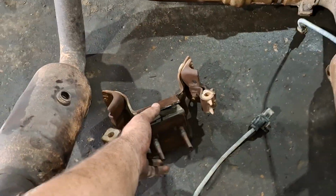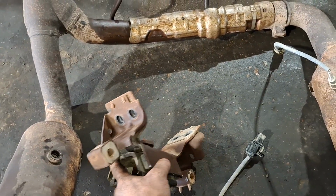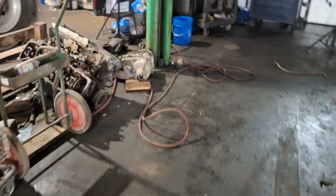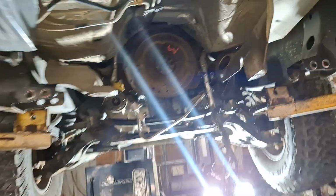This one's a little bit finicky. It actually came off with exhaust. The bolts are kind of hard to access. It's got 4 bolts that hold on to the back of the transfer case underneath. Other than that,